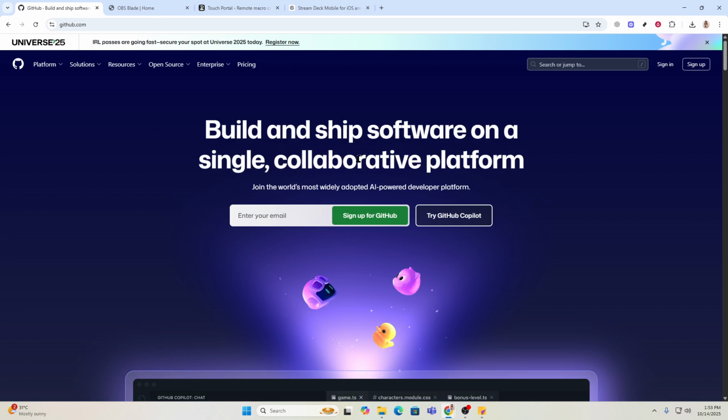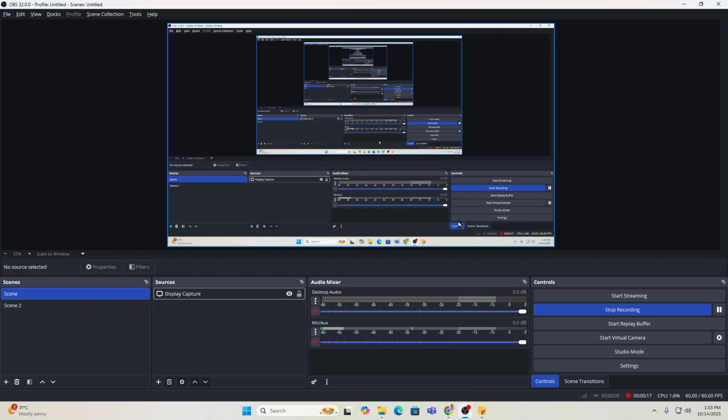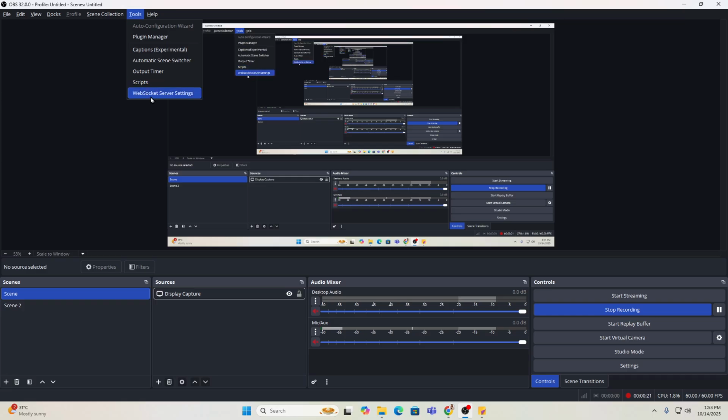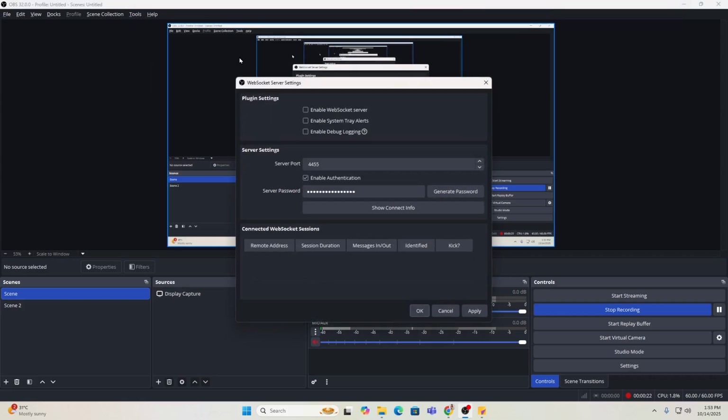Now, let's dive into enabling the WebSocket server within your OBS Studio. Open the application and navigate to Tools, then to WebSocket Server Settings. Here, you'll want to make sure Enable WebSocket Server is checked. It's essential to set a port number. By default, this will be 4455, and don't forget to set a password for secure access. Once you've configured these settings, click OK to save your changes, and your OBS is now ready to communicate with